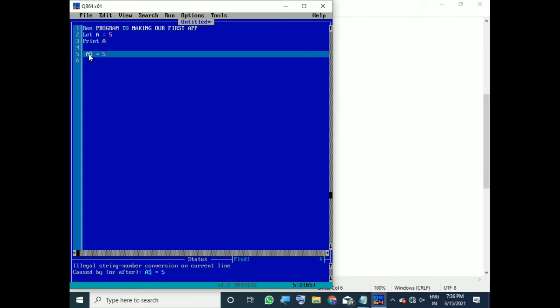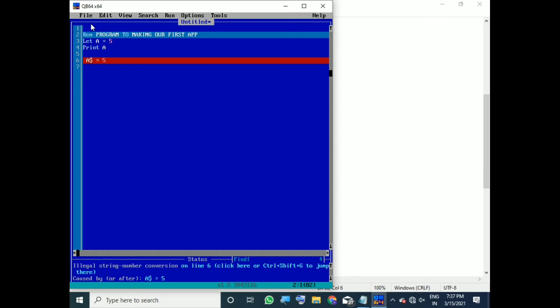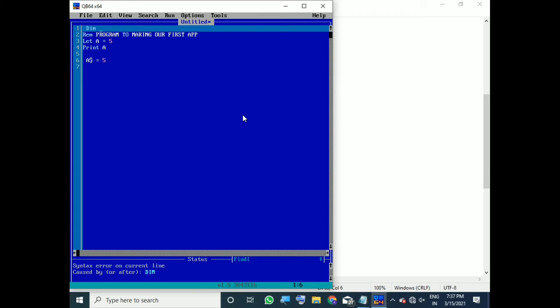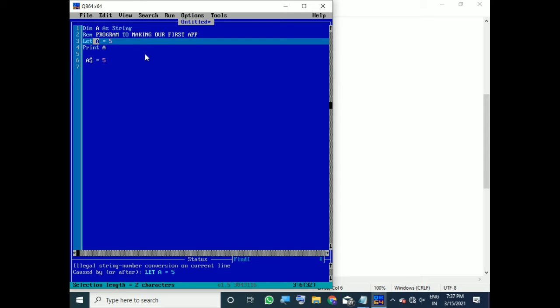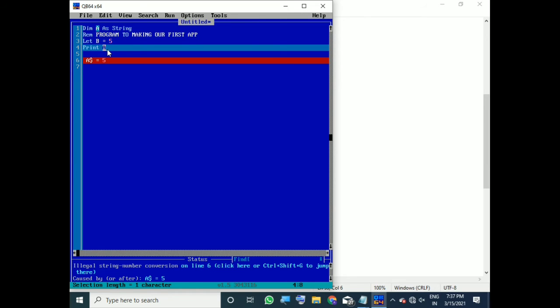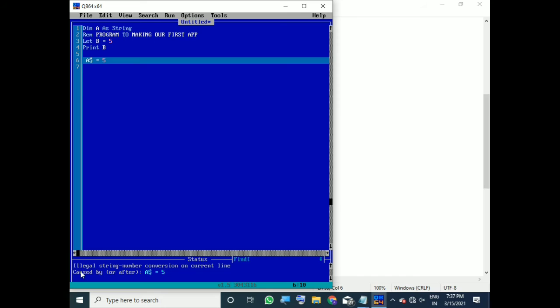I think something went wrong. Let us write something here: dim A as string. We have to let the computer know that A is a string, and just do it as B. Then print B, and then $a. Something went wrong again: illegal string number conversion on the current line.